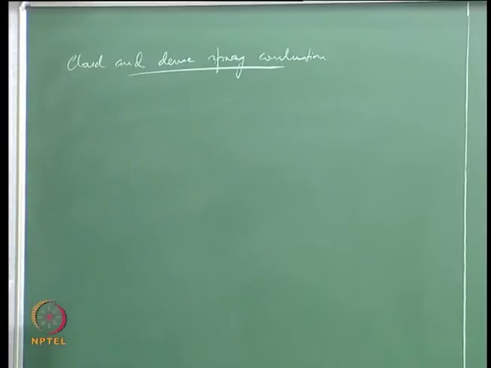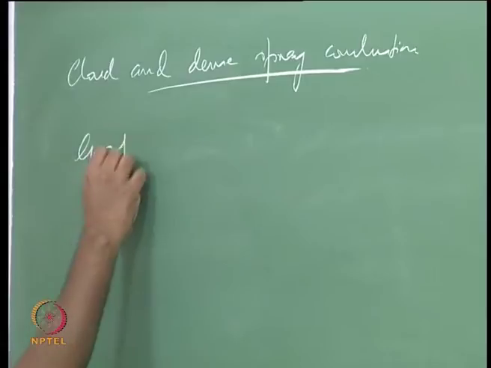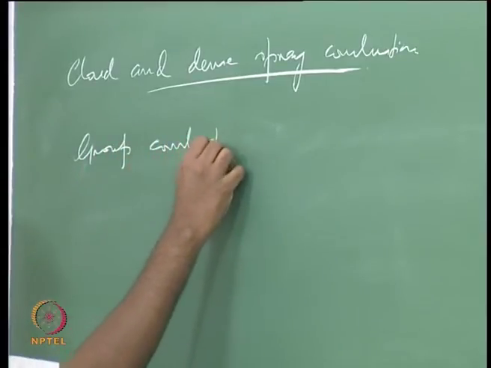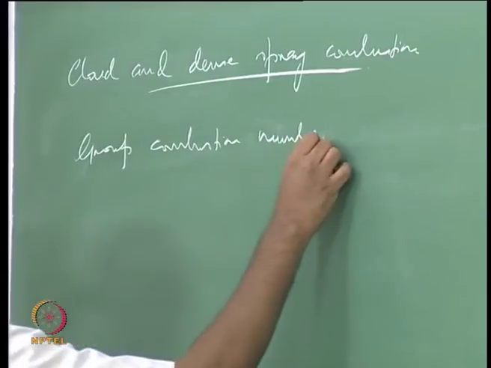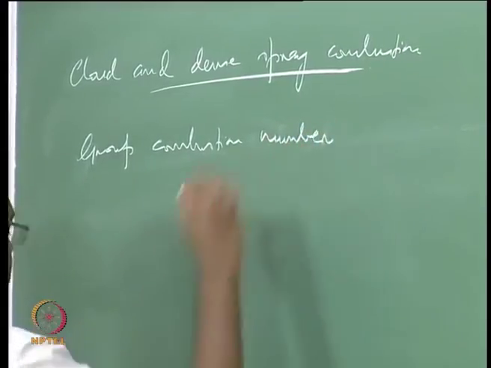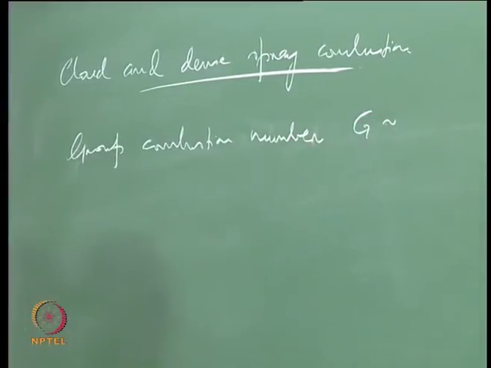We define something called a group combustion number, or you can call it a group combustion index or number. This would be called G, and